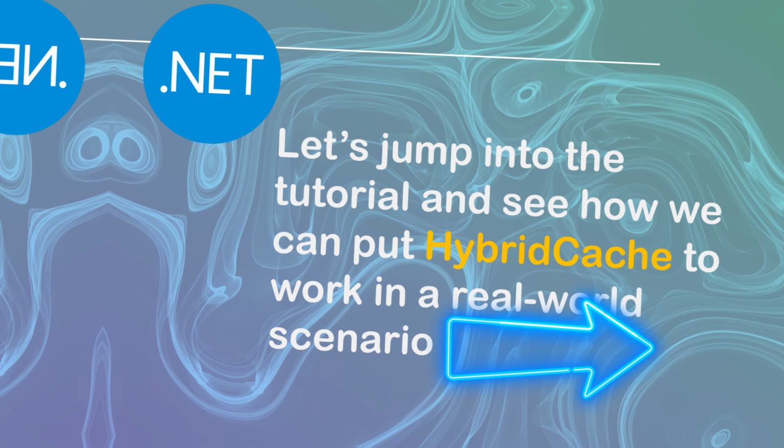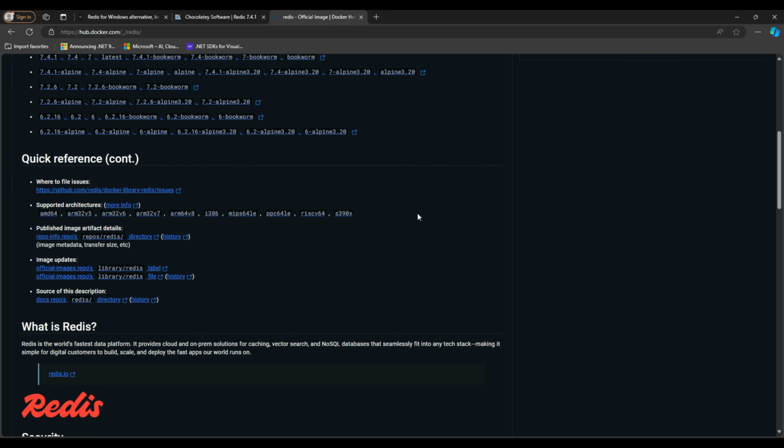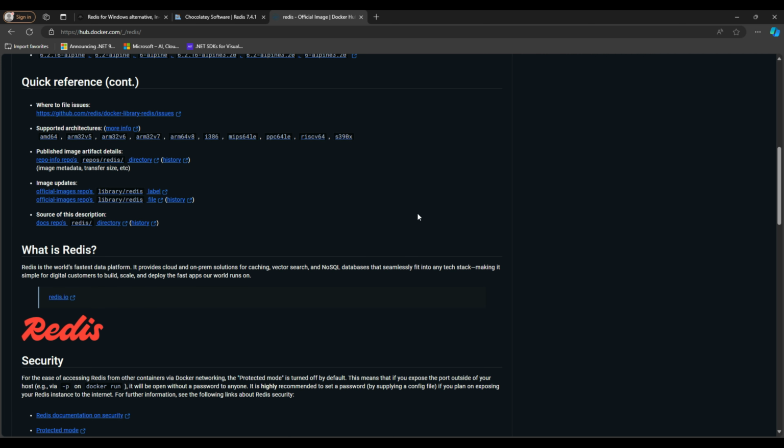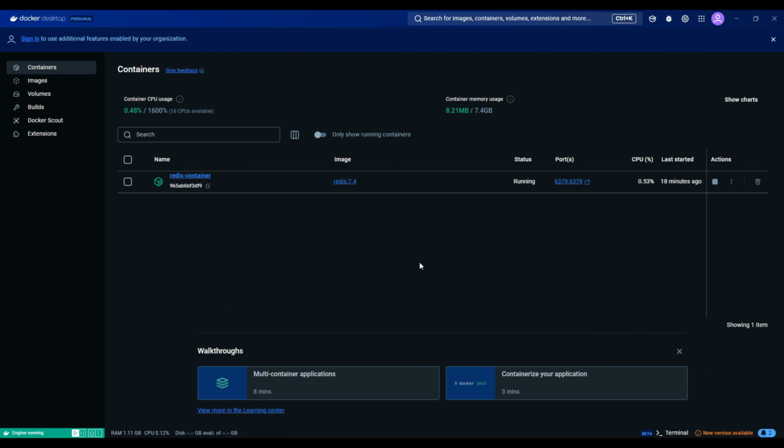Okay, before jumping into the code, let's first talk about Redis and Docker, which we will be using for our distributed caching layer. As you know, Redis is an excellent choice for distributed caching. It allows us to share cache data across multiple application instances, making it highly scalable and efficient for distributed systems. To set this up, I use Docker, which makes managing environments and dependencies incredibly simple and lightweight. Specifically, I've set up a Docker container named Redis container for this purpose. This container runs Redis, providing the distributed cache functionality for our project.